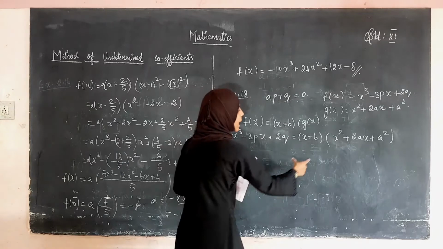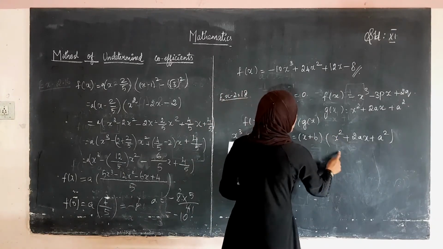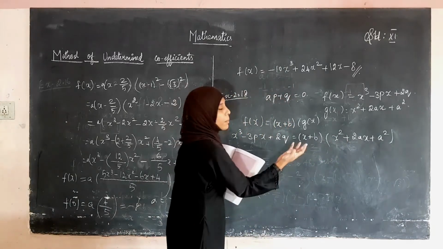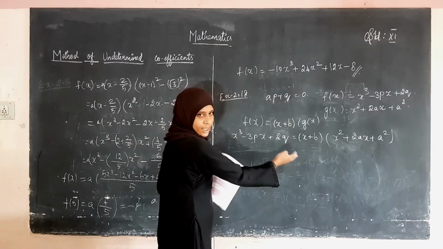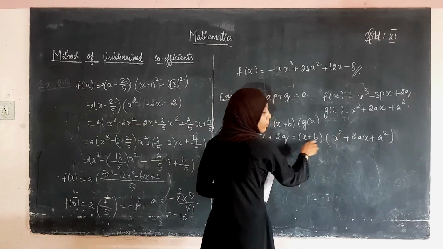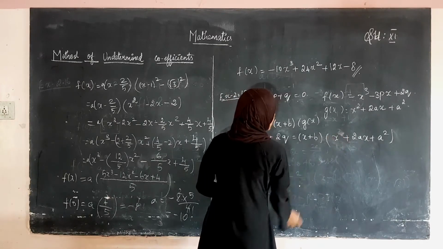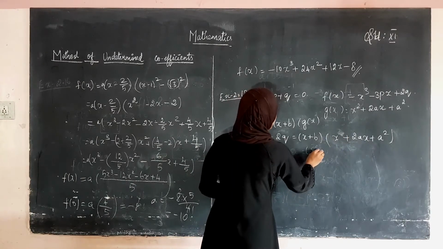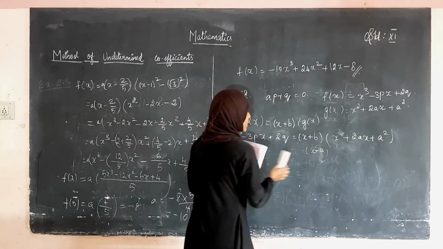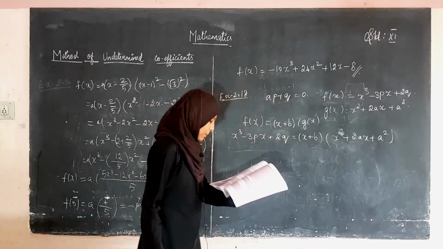So, what happens? We have to multiply this equation with some x element. Only if we multiply with an x element, the degree of the right hand side becomes x cube, that is 3. So, when it is x squared, it should be multiplied with x plus b. Okay, so when it is x, it should be multiplied by x plus b and some other factor x plus a. But in the question they have given x square, therefore we are multiplying it with x plus b alone.